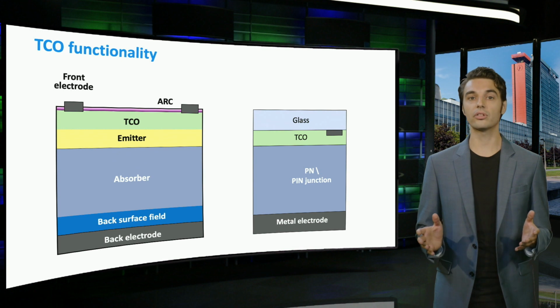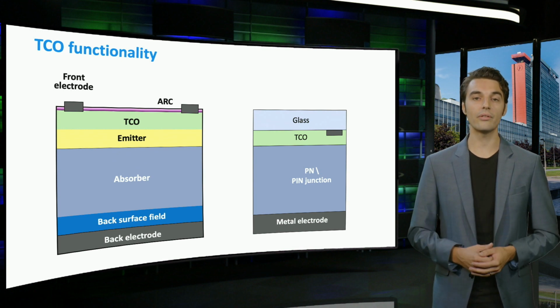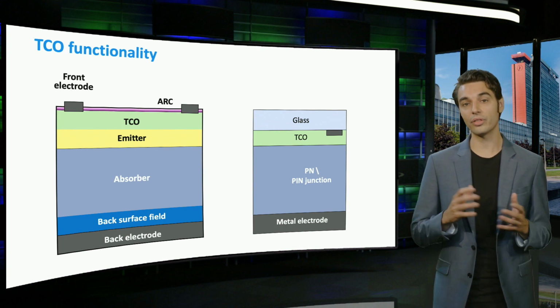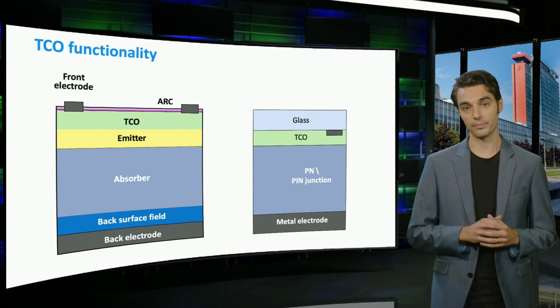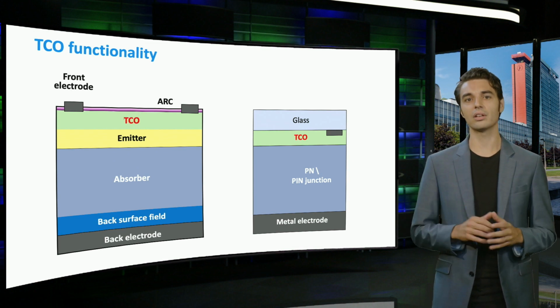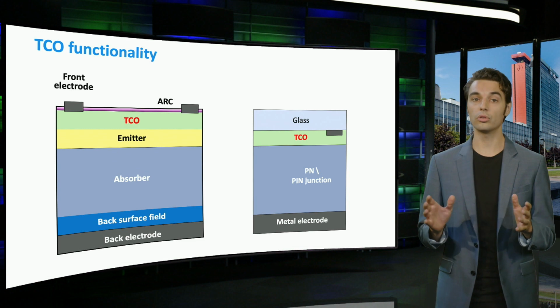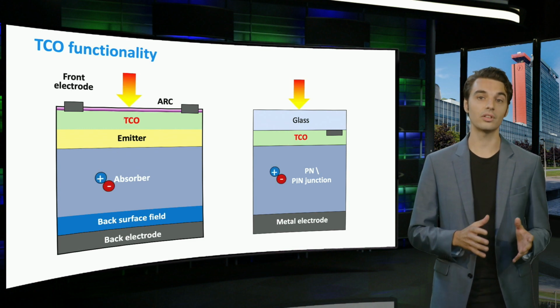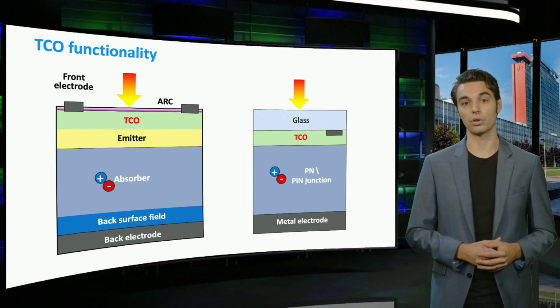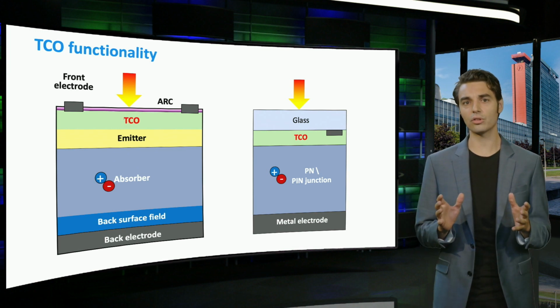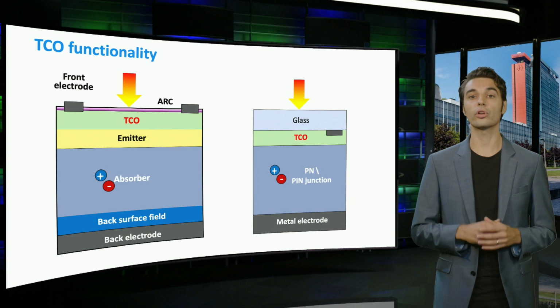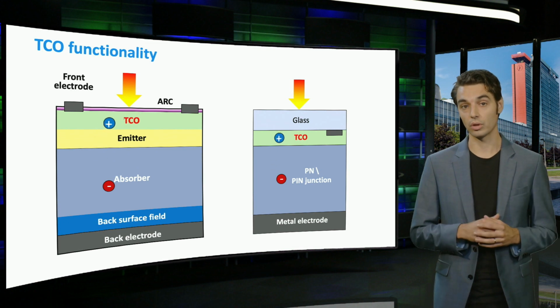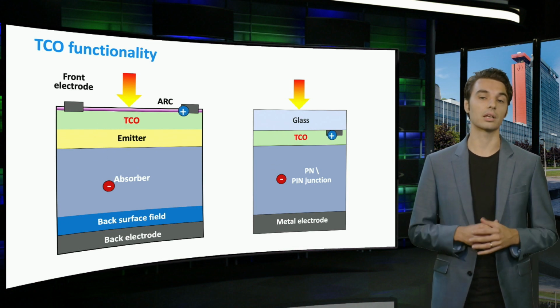In the figures, typical architectures are shown for a wafer-based device on the left and a thin film PV device on the right. The TCO layers are indicated in green. As we well know, charge carriers generated in absorber layers of these devices are separated and collected at the front and back electrodes. If we assume the P layer to be at the front side of the cell, holes are collected at the front electrode, while electrons are collected at the back electrode.